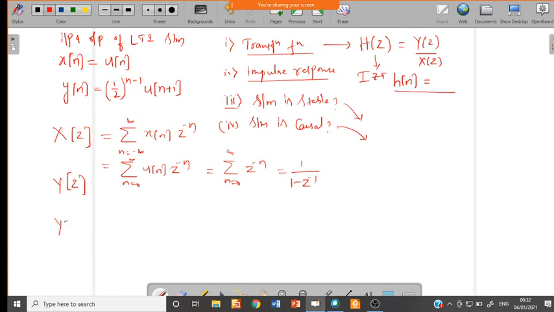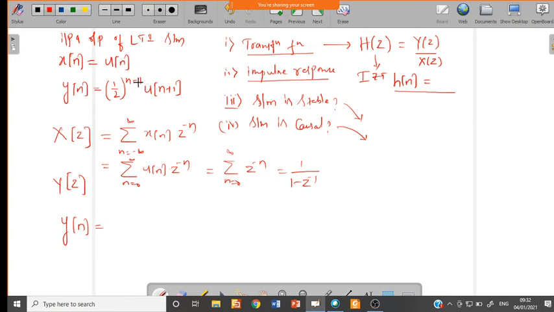So now we try to do Y of z. So what is Y of z? Since it is n plus 1, we need to modify it so that everything comes in terms of n plus 1, so that we can get the Y of z. So how can we write this? First you can write y of n in terms of u of n plus 1. Now if you want to get n plus 1 here, you have to add plus 1 and minus 1,